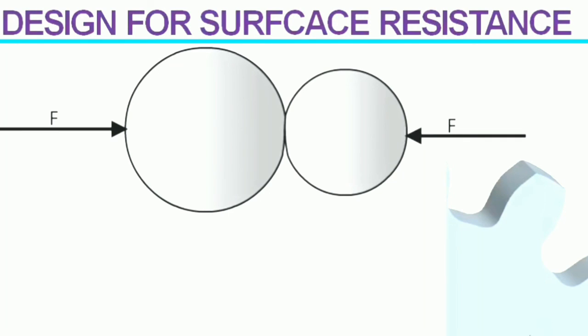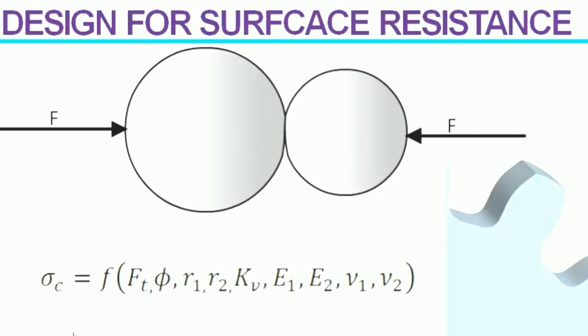In order to make sure such failure doesn't happen, first you have to calculate the surface contact stress. And this stress is a function of all these parameters, and there is an AGMA standard correlation available for this purpose. And if the surface contact stress is less than a critical value, then your design is safe. Otherwise, you have to redesign your